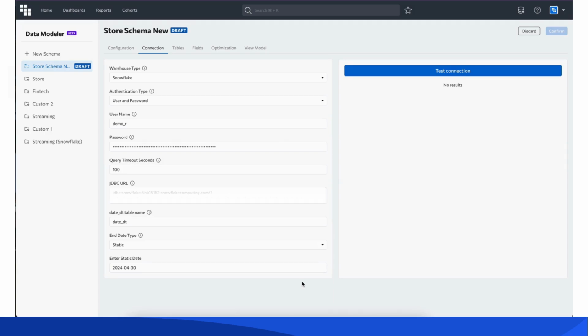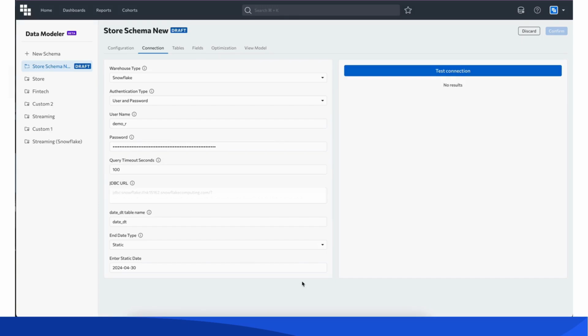In this demo, I'll show you how to set up a brand new schema within Kubit and begin analyzing in as little as 5 minutes. In this example, we're going to set up a schema using a Snowflake data warehouse. In Kubit, a schema is simply a data set used to build analytics on. An organization can have several different schemas depending on the different kinds of data that you would want to model